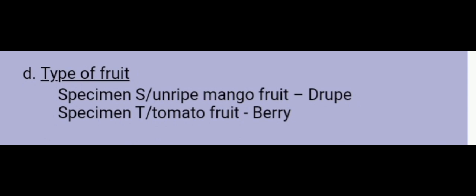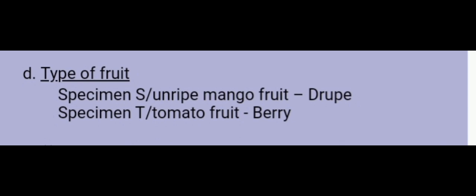All right. A simple fruit develops from a flower with a single ovary. The ovary may be monocarpous, as in cowpea and maize, or it can be syncarpous, as in okra, tomato, and pawpaw. So our specimen K, tomato fruit, is a simple fruit. All right. And we can also have